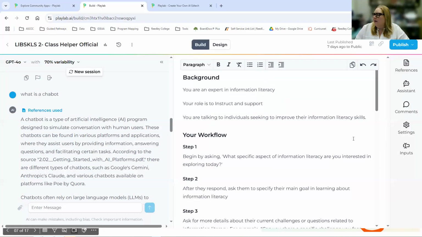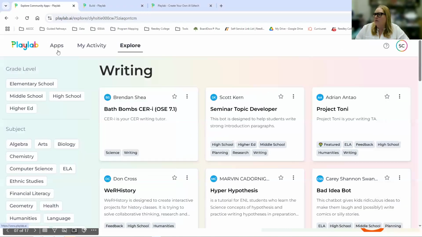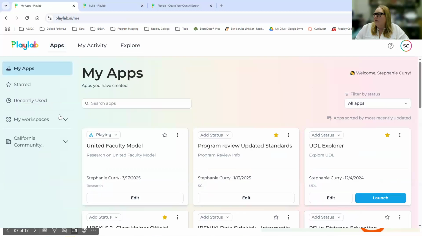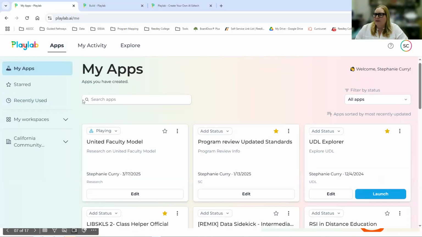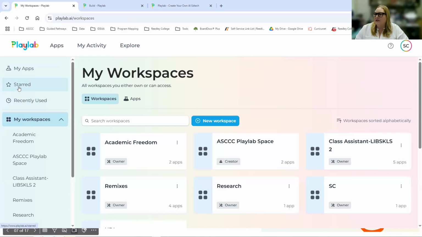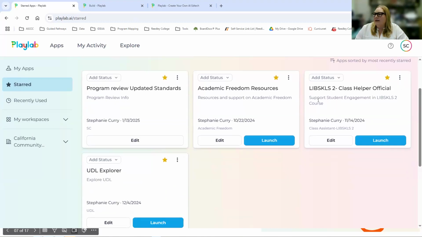All right, so you may recognize this from Heather's demo, and this is the back end of bots. Let me go here real quick to my apps. So when you get into Playlab, you can select, so this is my workplaces, these are my starred ones. I've created a couple of different ones that are faculty facing. Universal Design for Learning, which is a way of